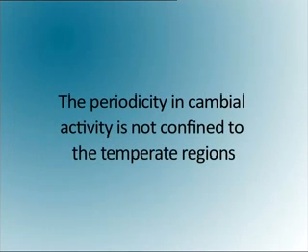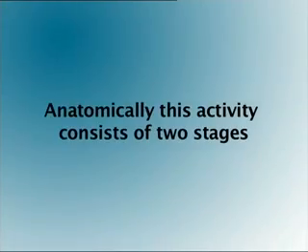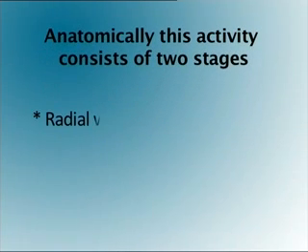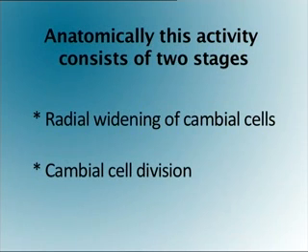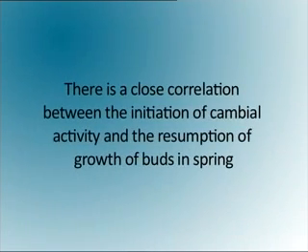The periodicity in the cambial activity is not confined to temperate regions but also takes place in tropical trees where it is less clearly related to seasonal changes in the environment and may be weakly expressed. It occurs in both deciduous and evergreen trees. Anatomically, this activity consists of two stages: radial widening of cambial cells and cell divisions in these cells. There is a close correlation between the initiation of cambial activity and the resumption of the growth of buds in